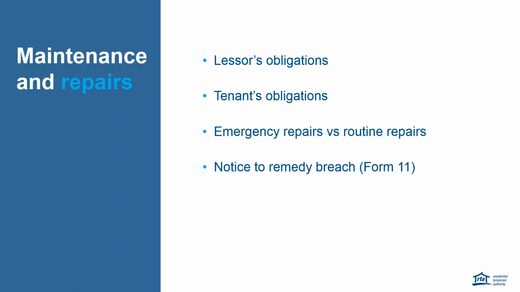Just to give you a story as well, in one of the disputes we had a tenant whose stove wasn't working, and although a stove is deemed to be an emergency repair, the tenant came to us just seeking compensation of $30 a week for the stove not working. How he worked it out was that he said, look, realistically, I was going to buy a cheap meal Monday to Friday at $6, times that out, and it worked out that he was looking for $240 because it was 8 weeks that the stove wasn't working. When it came through our dispute process, the claim was obviously thought to be quite reasonable, and